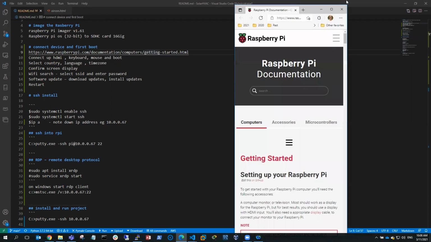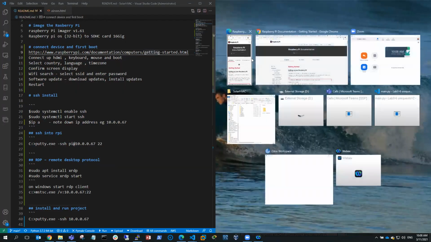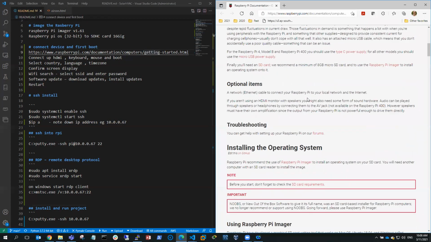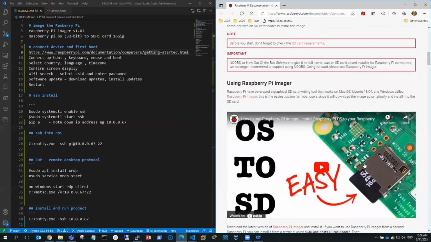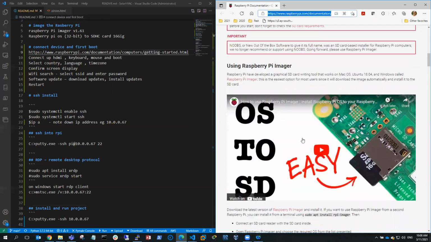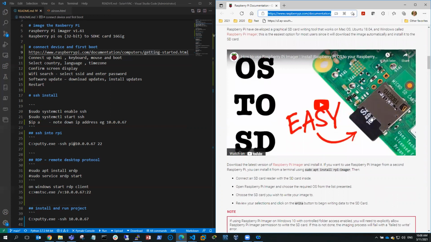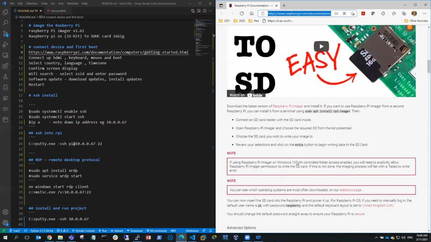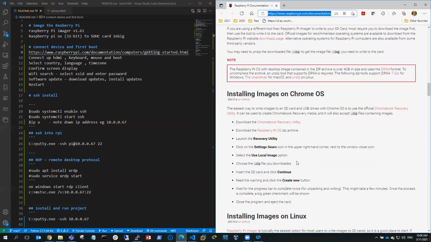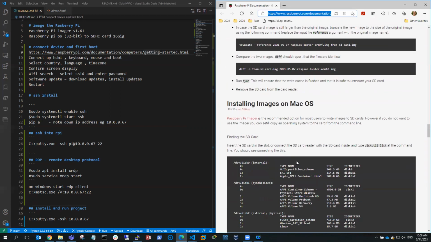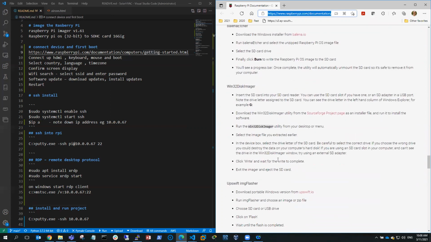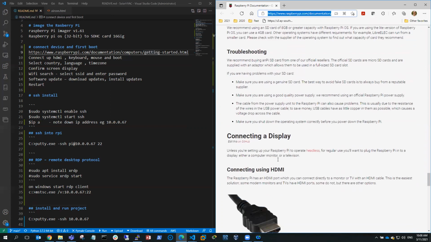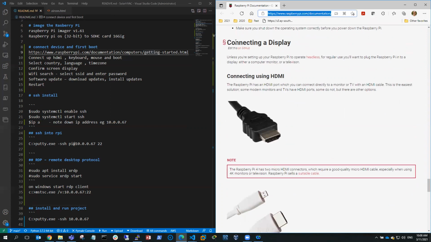So I'll split the screen out. If we look at the initial configuration, this documentation talks about how to set up, using the Raspberry Pi Imager and burning the operating system onto the SD card. Once we've done that, the next thing we want to do, and we'll go and find the Windows instructions, is install the image in Windows. There are some Windows instructions here, and then the next thing we would do is connect up a